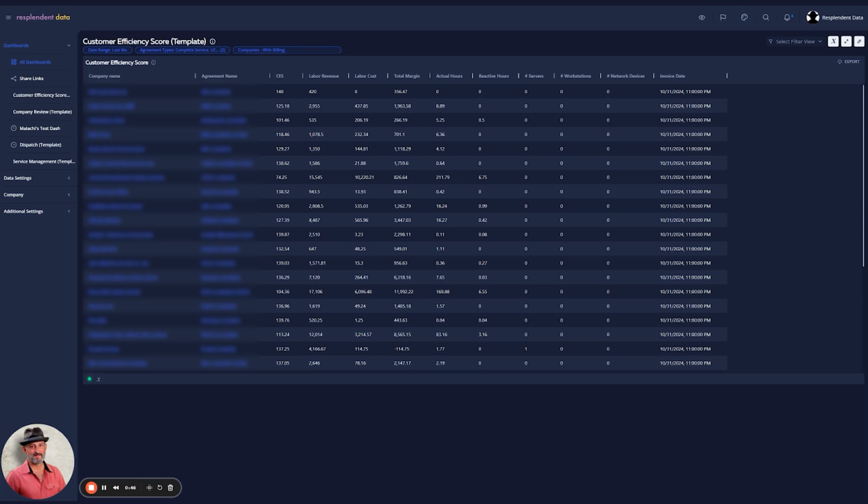The idea behind the customer efficiency score is in having a conversation with our engineers or technicians about how well we're doing with the customer. Engineers don't really like to talk about the profitability. When we start talking about our labor loaded gross margin on an individual contract, their eyes glaze over. And so we want to look at this as a kind of a score that we have come up with